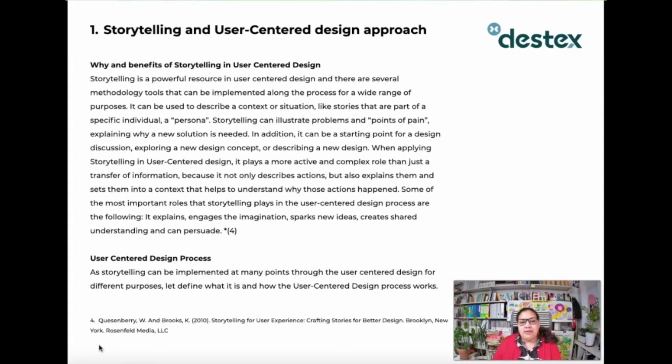Storytelling is a powerful resource in user-centered design, and there are several methodology tools that can be implemented along the process for a wide range of purposes. It can be used to describe a context or situation, like stories that are part of a specific individual, a persona. Storytelling can illustrate problems and points of pain, explaining why a new solution is needed. In addition, it can be a starting point for a design discussion, exploring a new design concept, or describing a